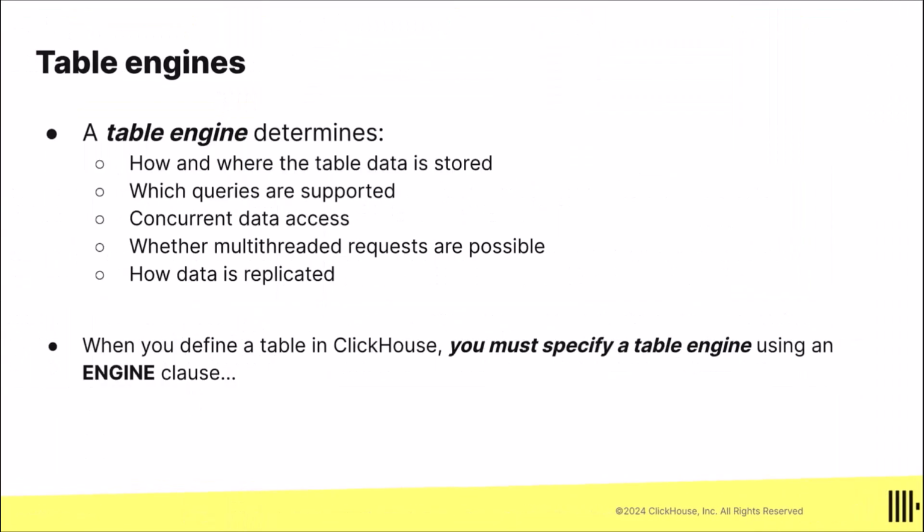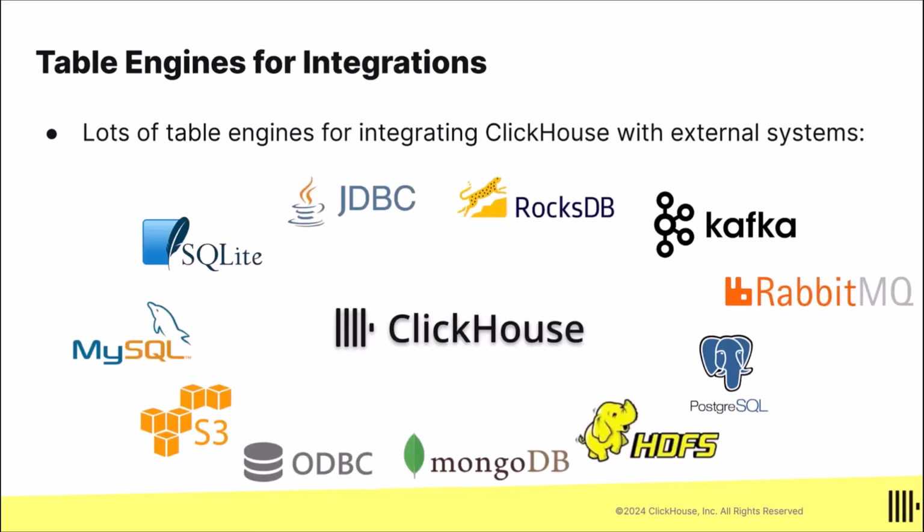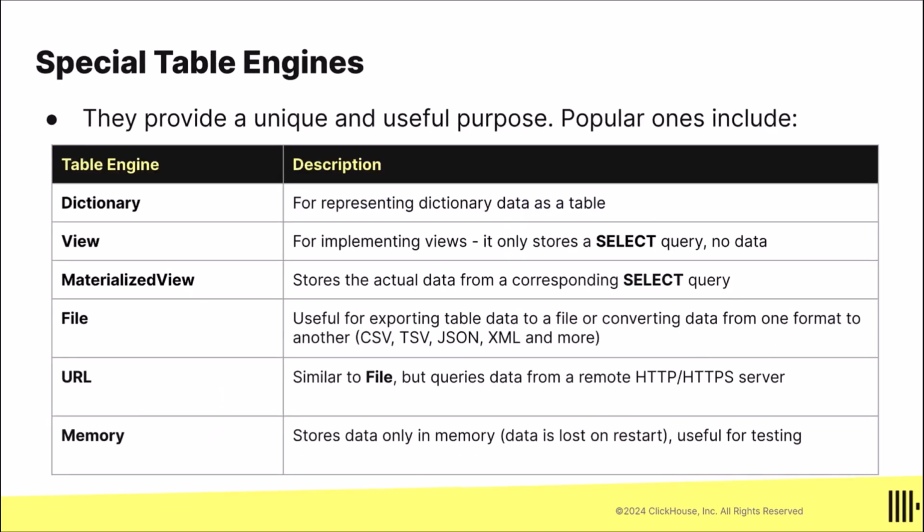So you've created a database, and now it's time to create a table. There are lots of table engines. Every table in ClickHouse has to have an engine. The engine is where the data is stored. If you're pulling data from Kafka or Hadoop or another database or something like that, there are engines for that. When the time comes for you to put that data into ClickHouse, that's when you're going to put it into a merge tree table. Well, we do have some special types of table engines as well, and these are in